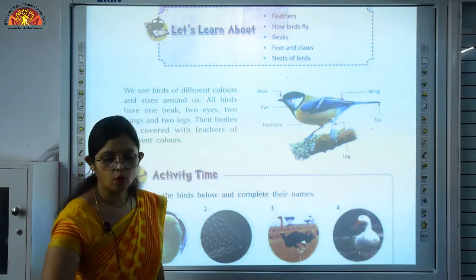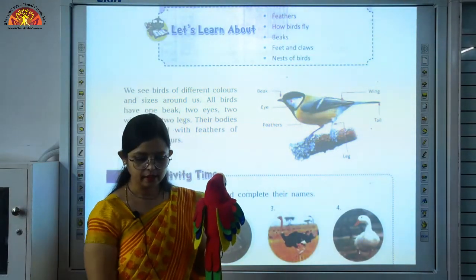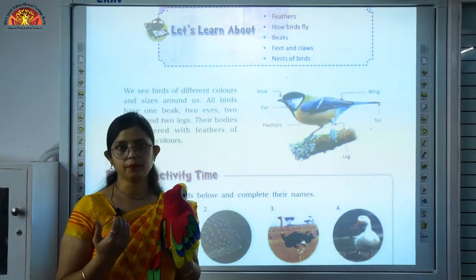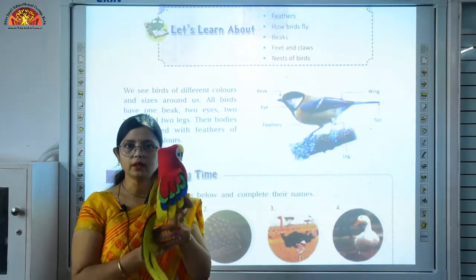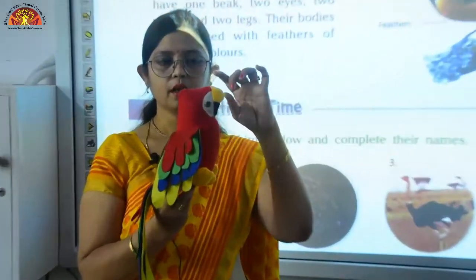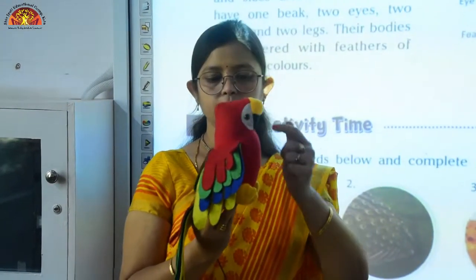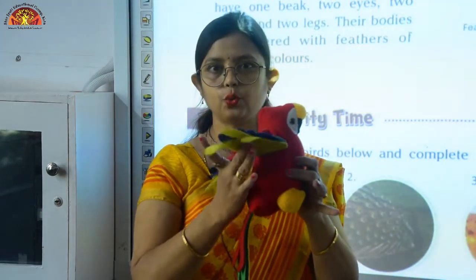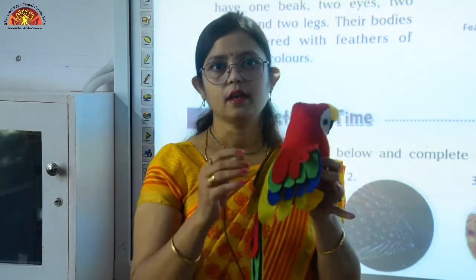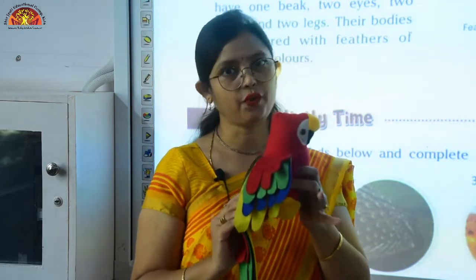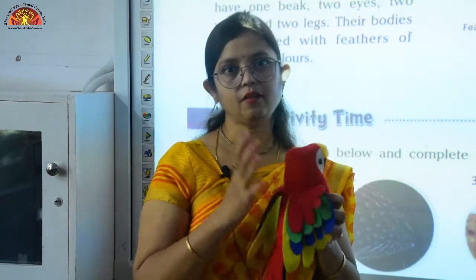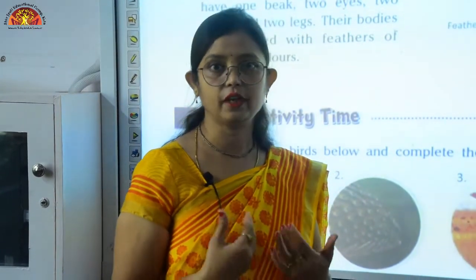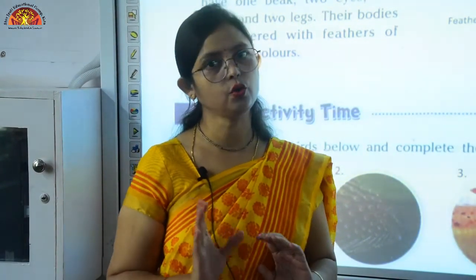So children, now have a look at this bird. You can see that there are some features which are common to all the birds. Now what are these features? All the birds have one beak, then two eyes, then two legs. They have a tail and they have two wings, and besides this their body is covered with feathers. Okay, so all the birds have these features. They may differ in shapes and sizes, they may differ in colors, but these features are common to all the